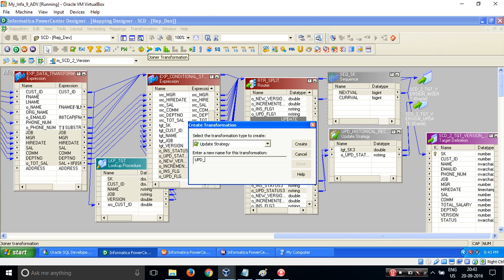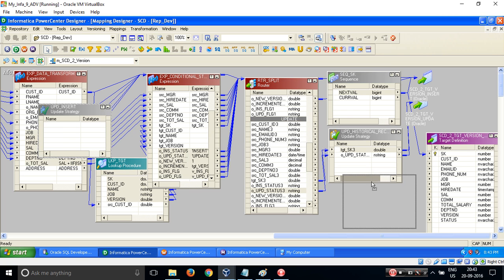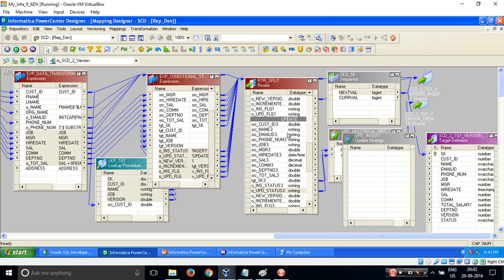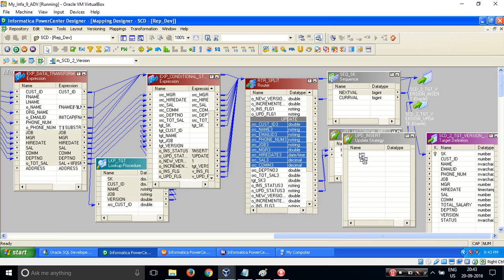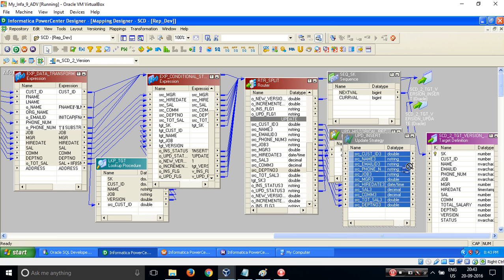I'll use an update strategy, and here I will say insert. All the fresh data which is coming from my source would be brought over here. I would take it like this. These two columns are just vice versa. Let's take that, and let's link this fresh data to my